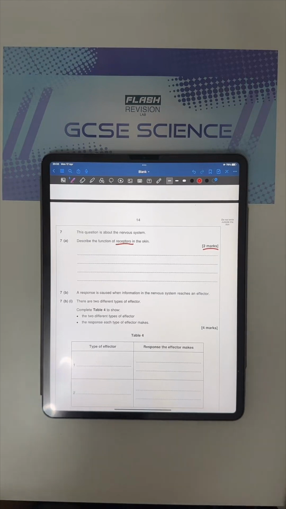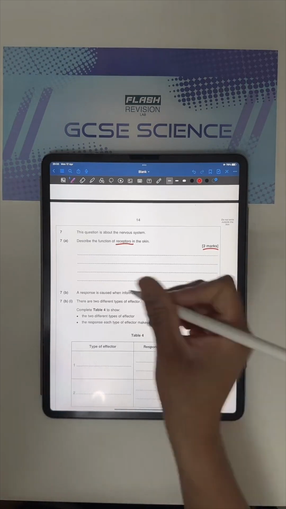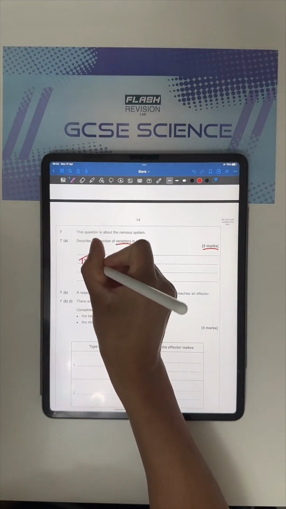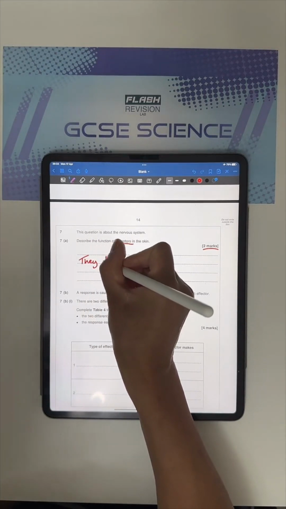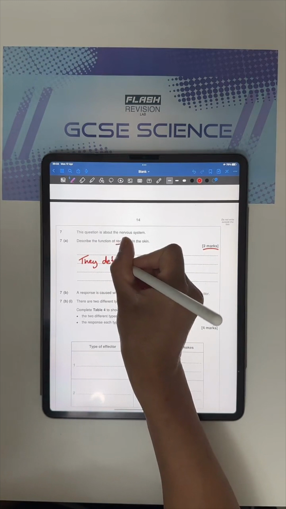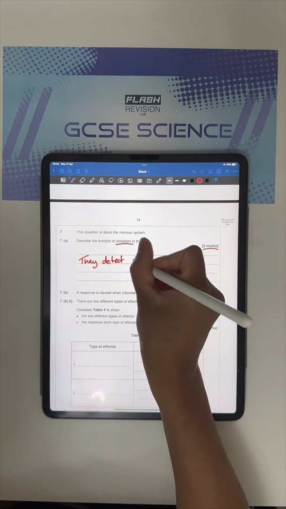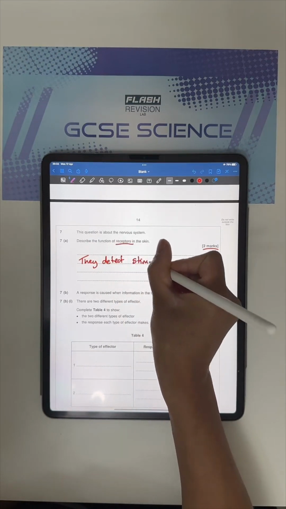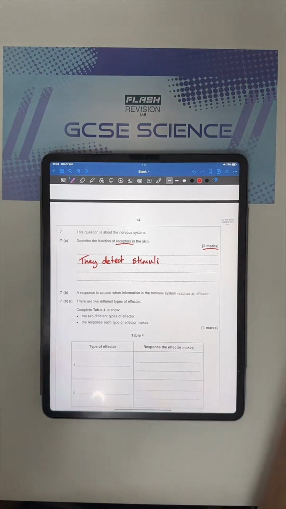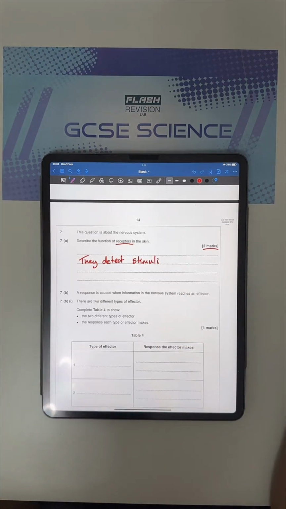So yep, we've got they detect stimuli. Someone wrote that. So remember, a stimulus or stimuli is a change in the environment. Then that's 1 mark. Second mark is